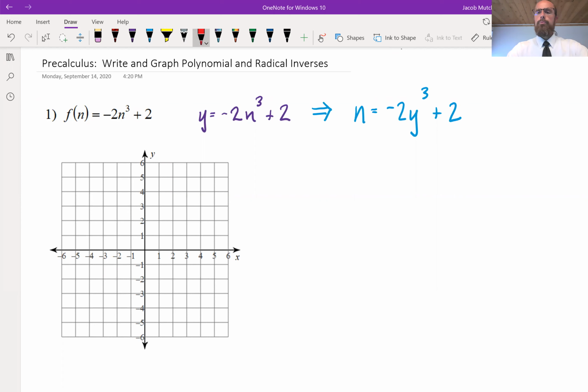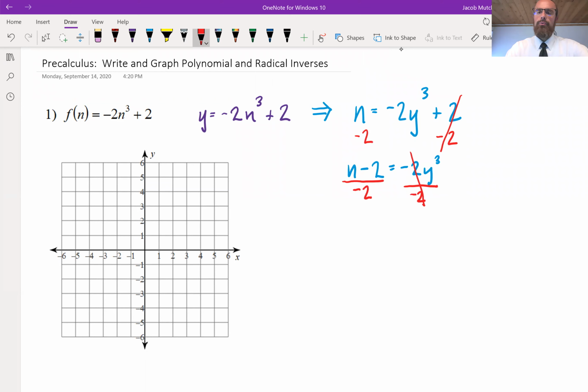We've got some terms to move from the right here, so I'm going to start with this plus 2. A lot of times if you can add or subtract a constant, that's a good place to begin. So I'll subtract 2 from the right. It'll cancel there, show up on the left. Now we've got n minus 2 equals negative 2y cubed. There's another coefficient here, negative 2, that I want to divide to cancel on the right. I'll also divide the left side, and I'm going to just place that underneath that entire